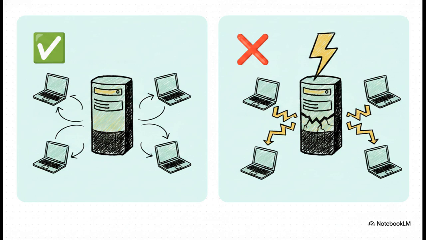Think about it. If that centralized server goes down for just an hour, well, during that hour, nobody can collaborate at all. Nobody can save version changes to anything they're working on. And it gets worse. If the hard disk on that central database becomes corrupted and proper backups haven't been kept, you lose absolutely everything. The entire history of the project is just gone, wiped out, except for whatever single snapshots people happen to have sitting on their local machines.